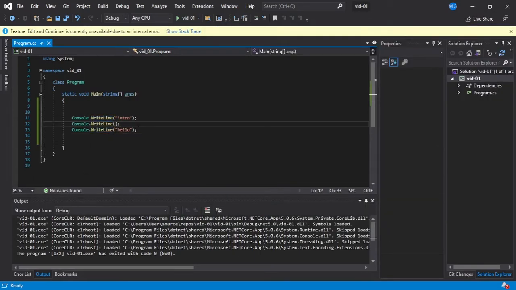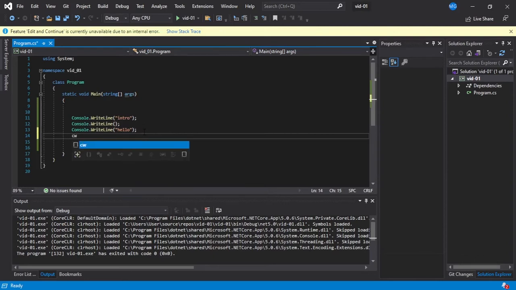So if we leave an empty console.WriteLine here, there's gonna be an empty line between the text that we have. An easy way to write console.WriteLine is to write CW and then press the tab twice. This will automatically write console.WriteLine for you.